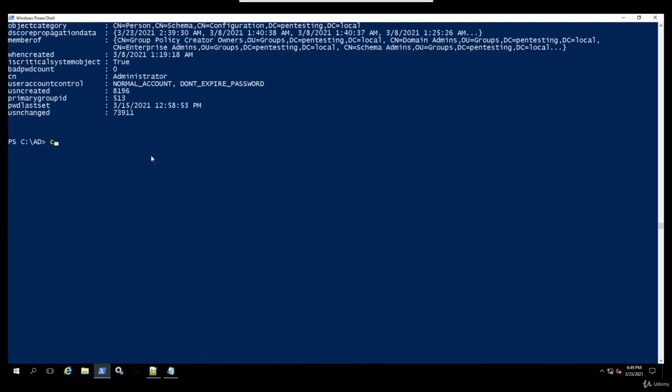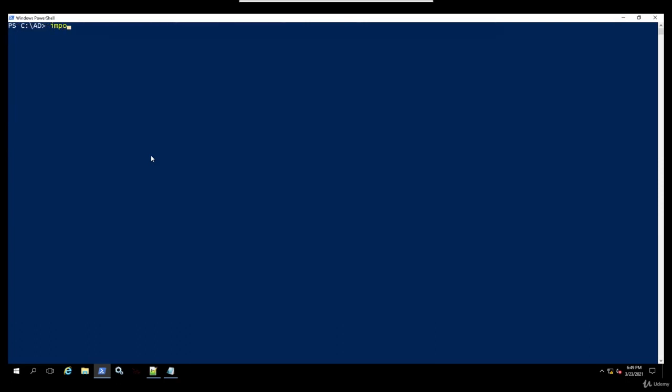So let's go ahead and clear this screen, and we want to import another module, and it's going to be Invoke-Mimikatz to the rescue one more time. So I'm going to copy this command over here. We are going to invoke Mimikatz, and the command that we want to run is going to be an LSA dump for dcsync, because we do have access for the dcsync,